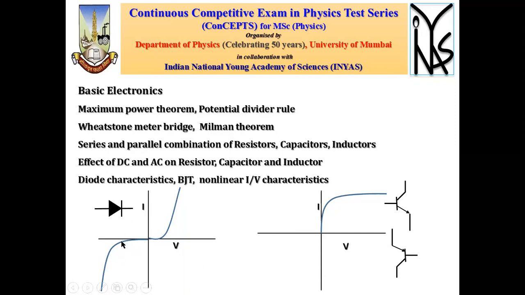In the reverse direction, when you reverse the polarity of the applied voltage, it will follow some characteristic, and after that there is a breakdown region, and then it will go into the breakdown region. There are specific diodes like the Zener diode, where you have a reverse bias characteristic at lower voltages, and it becomes a good conductor.